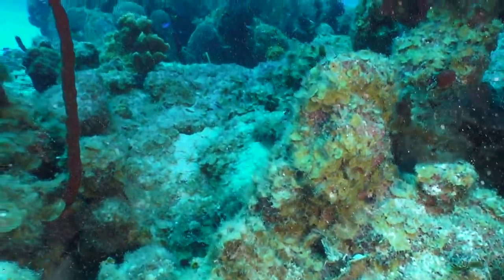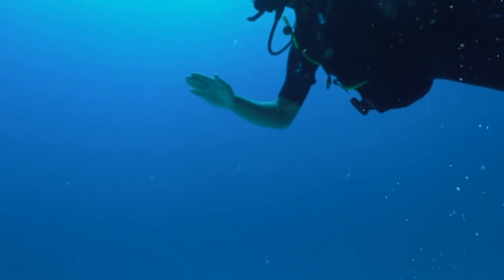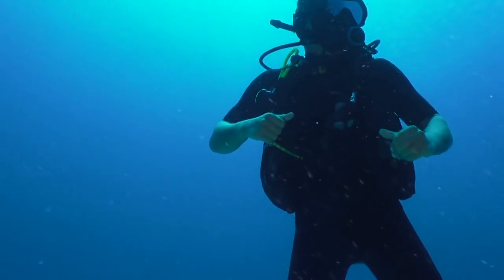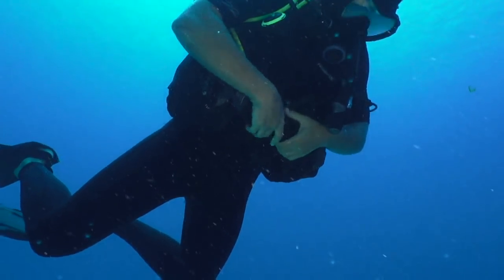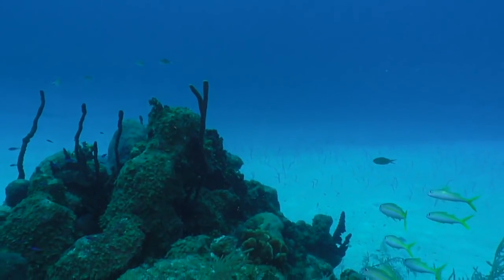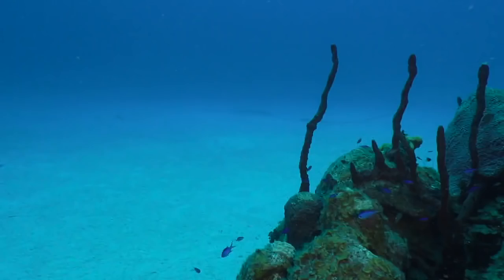Alrighty, so Lauren, sorry again if I cut you off, but I'm going to head back along the reef this way and shallow up a little bit because I am going through my air quite quickly. I am on 130 bar, so there's your air update. So we're going to come back across the sandy patch here and keep our eyes out for an eagle